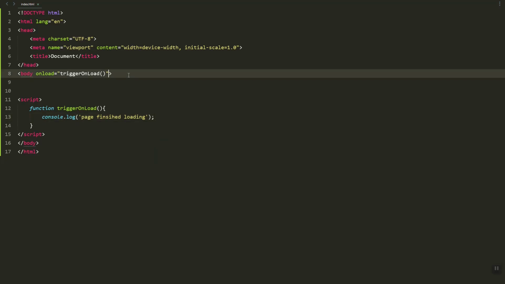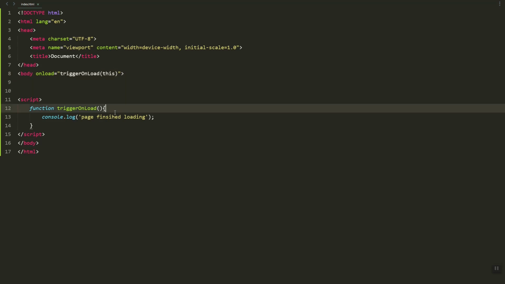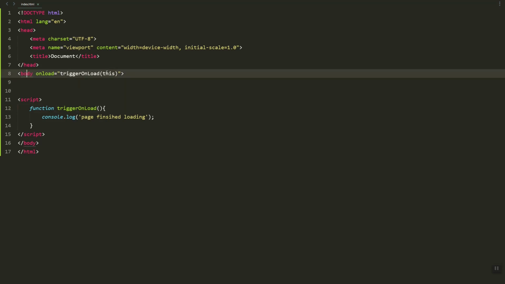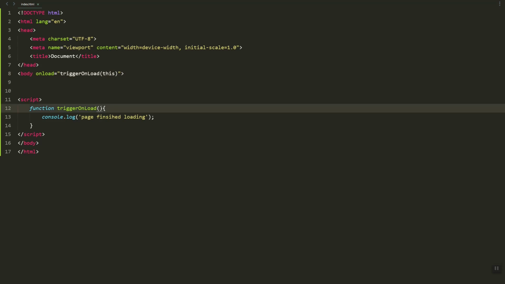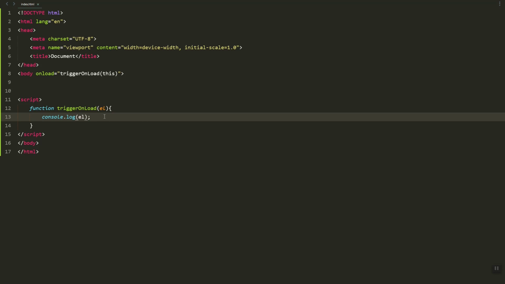As you can see here, you can add this, which refers to the body element. Then you can capture this and use it as an argument or parameter inside the triggerOnload function, and you can now log the body element, so you can see